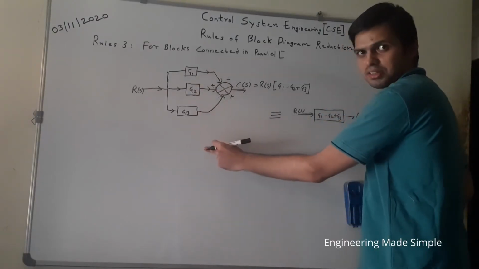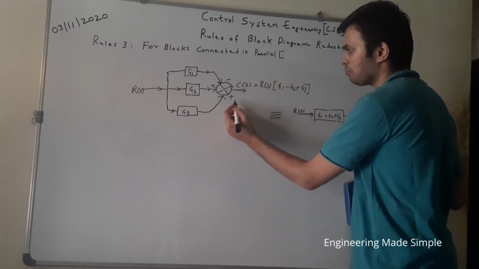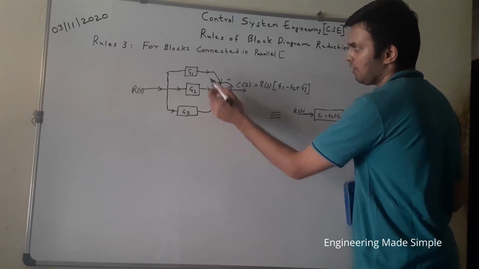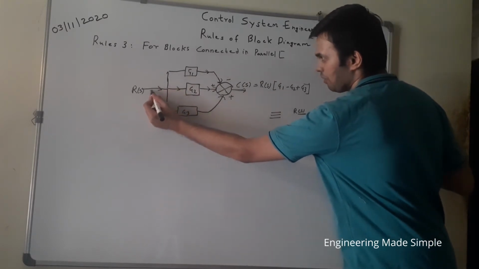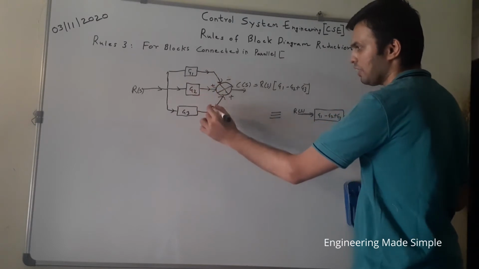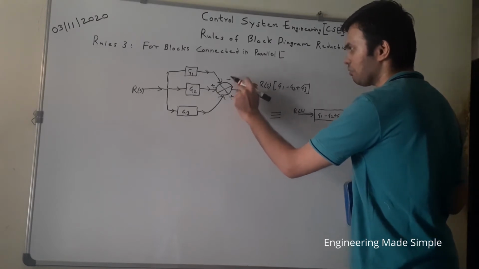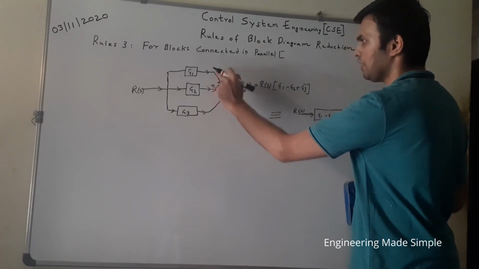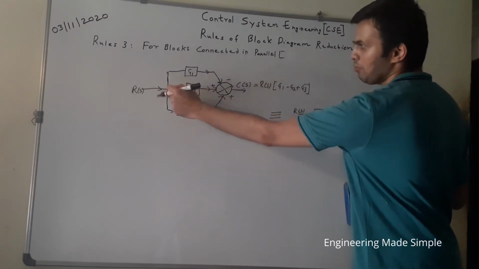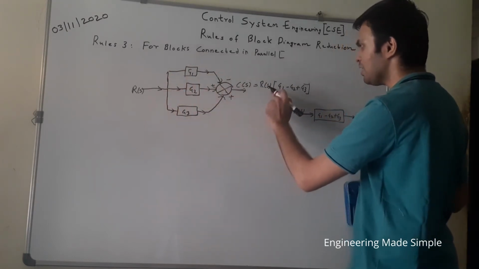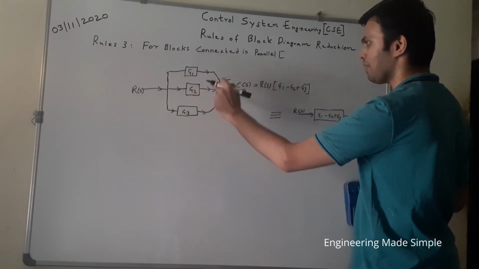Now for gain blocks connected in parallel, you can add or subtract these gain blocks, keeping in mind the polarity of the summing junction. The direction of the signal is also important. Here the direction of signal is from the input node to the output node, and there is a summing junction over here. The summing junction has a negative polarity as well as a positive polarity. Now observe the individual signs. This is G1 minus G2, so that I have written, and R of S will be multiplied as it is common to all these three parallel blocks. So R of S is common and the multiplication term will be G1 minus G2.